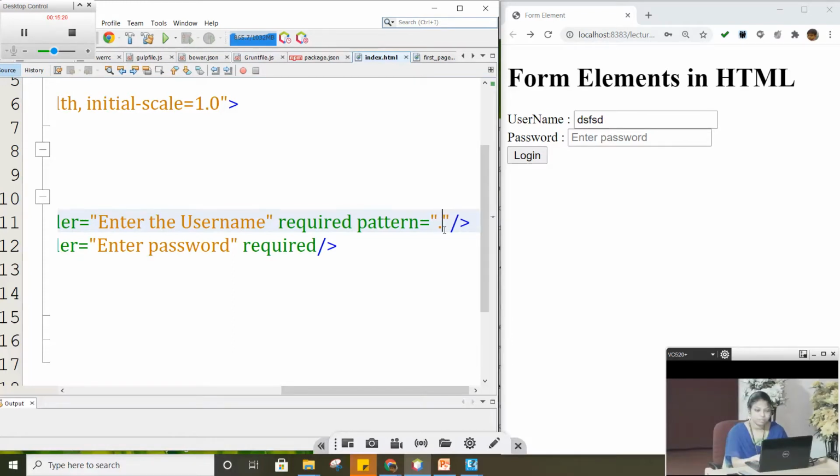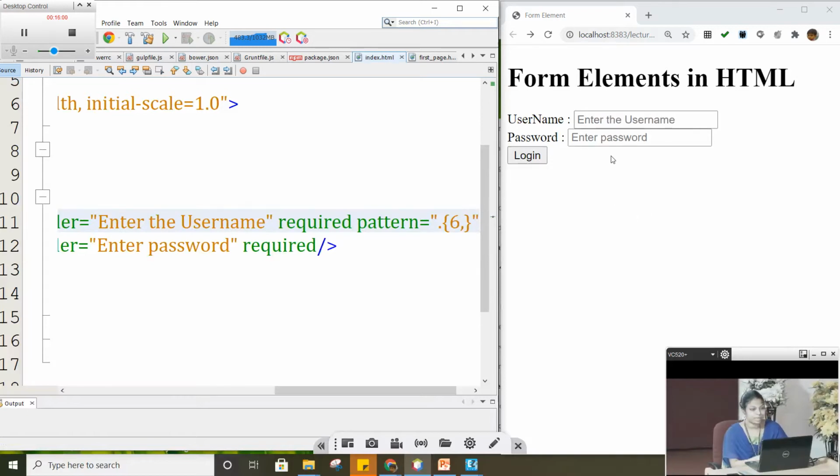So I'm going to say dot for it. So dot specifies it can be anything. It can be a number or it can be a character or anything. Followed by I'm going to give an open curly brace and close curly brace. And I'm going to say there should be minimum 6 characters. So I put 6 and a comma. That's it, which means minimum 6, maximum can be anything. I didn't say any maximum, only I mentioned 6, which means minimum there should be 6 characters. So dot specifies any type of character, but it should be minimum 6.